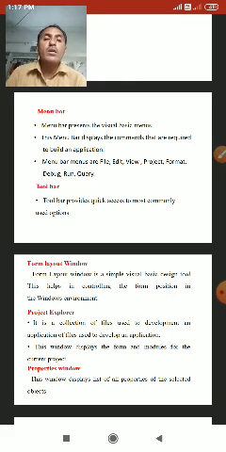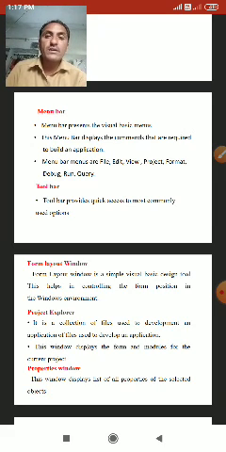The menus are file, edit, view, project, format, debug, run, query.